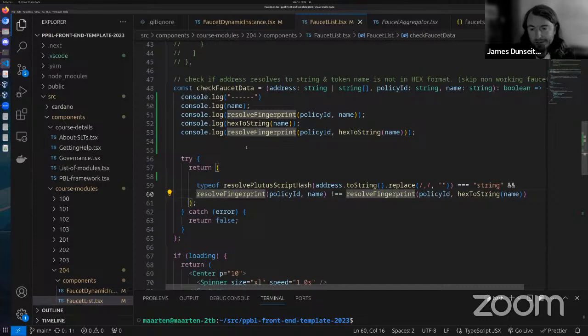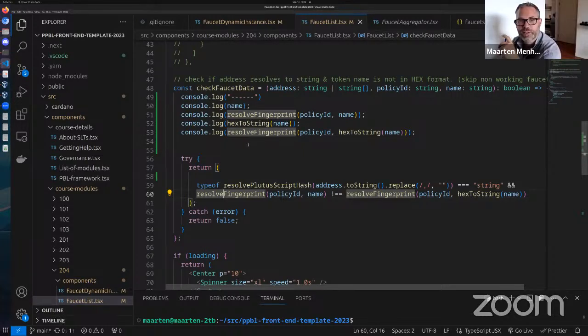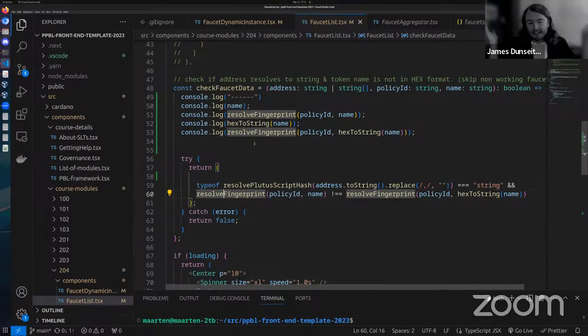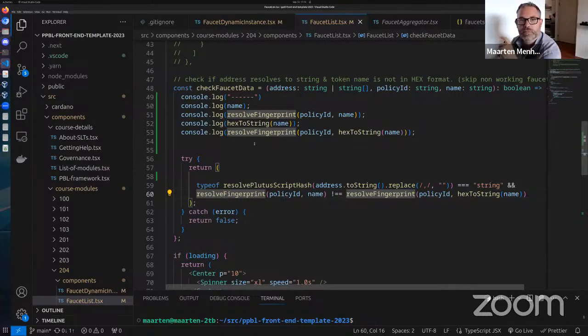We said, okay, well, look, if the token name is in hex form, let's ignore that result. But did we have to do it that way? Well, you could be just translating it. Exactly, right? So an alternative approach to this would actually be to say, all right, we know that some people submitted their token name as a human readable string, others as a hex byte string. Whichever one it is, check for which kind it is, and if it's a hex, translate it. Right. Yeah. I could make that.